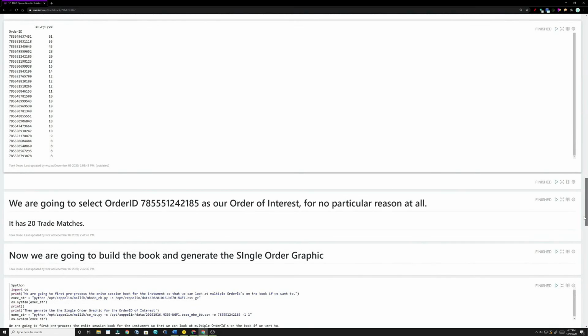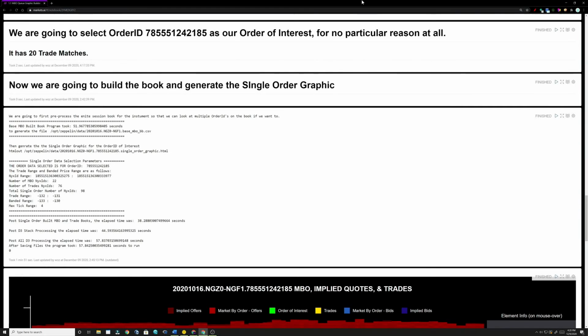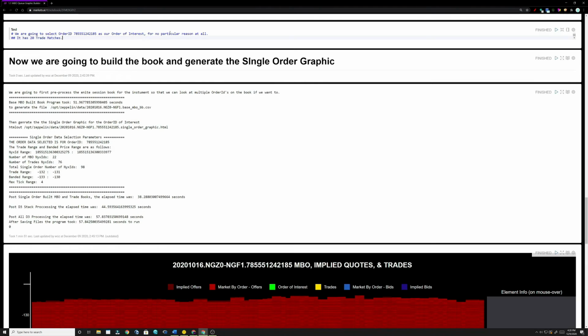And for no particular reason at all, we are going to pick this number here. It's ranked pretty high. I want to pick the most complicated because I want to be able to see the flow clearly. So for our order ID of interest that we've picked for no particular reason at all,